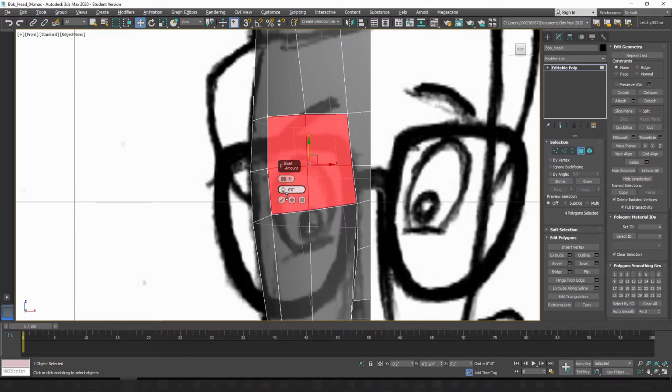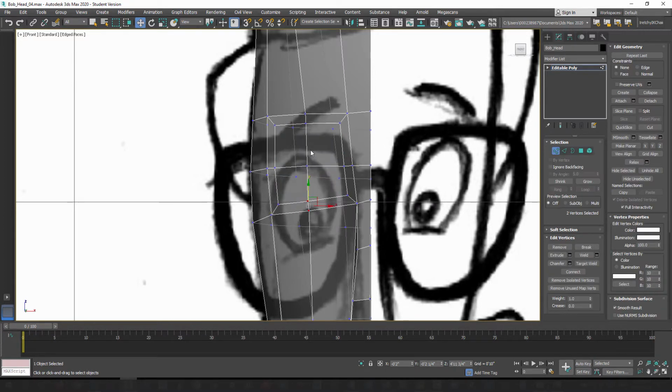If you're having trouble controlling this slider, if you hold Alt, it'll actually slide in smaller increments so you can be more precise. So you can hold Alt and left mouse button to drag, and be more precise. I'm just going to bring this in a little bit for now. Click OK, and then we want to grab our 4 corner vertices